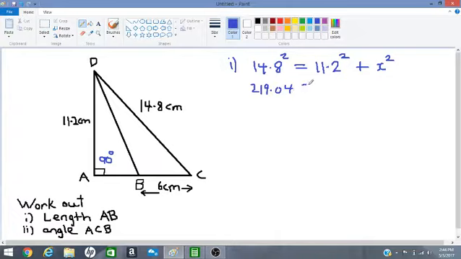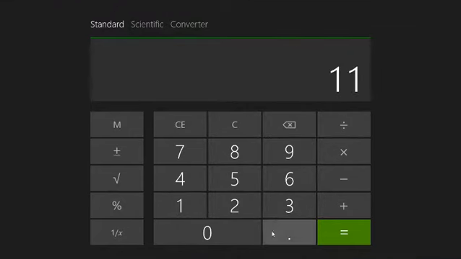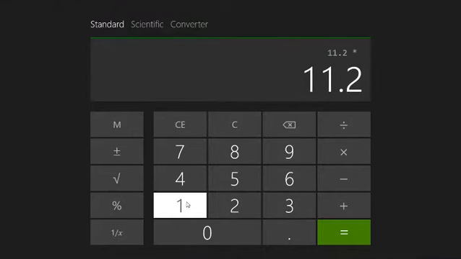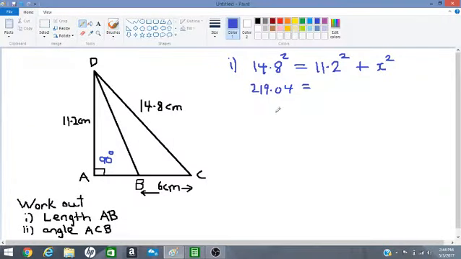Let's work out 11.2 squared now. 125.44 plus x squared. We have to subtract 125.44 from both sides of the equation. So we get